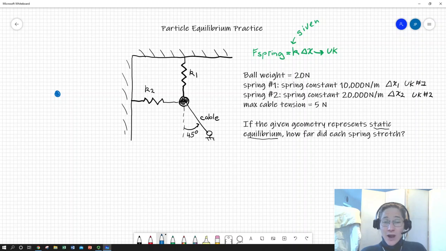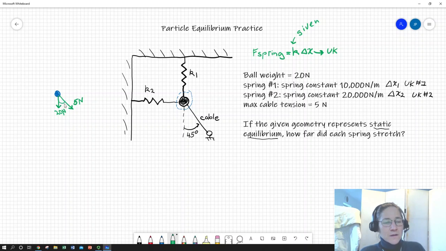We can draw a free body diagram of anything that we want, but it's most useful to draw it of the particle. So I'm going to draw a little blue cut line. I'm going to cut that particle out. I'm going to free it up. I'm going to free it from its contacts, and I'm going to represent the action of those contacts and gravity with a force. And I'm going to draw the forces in green. So I know that the little ball has some mass, and that results in a weight force of 20 newtons. I know that it's being pulled on by a cable, which I'm told is pulling at its max tension of 5 newtons,